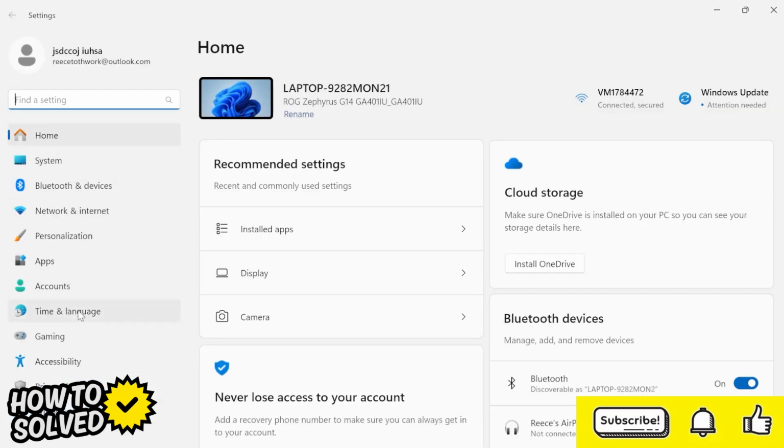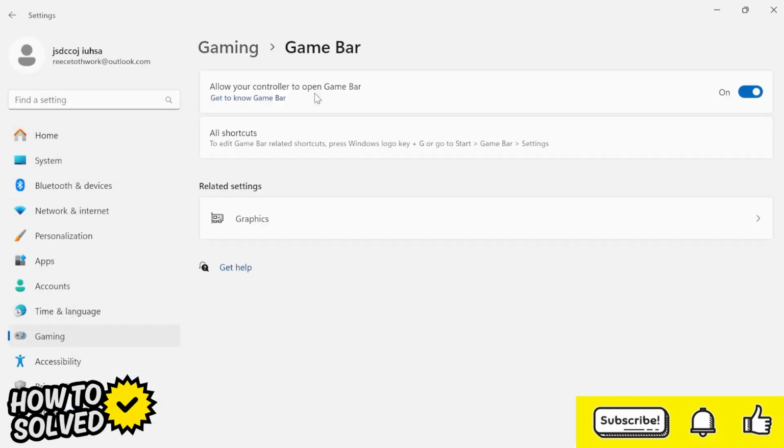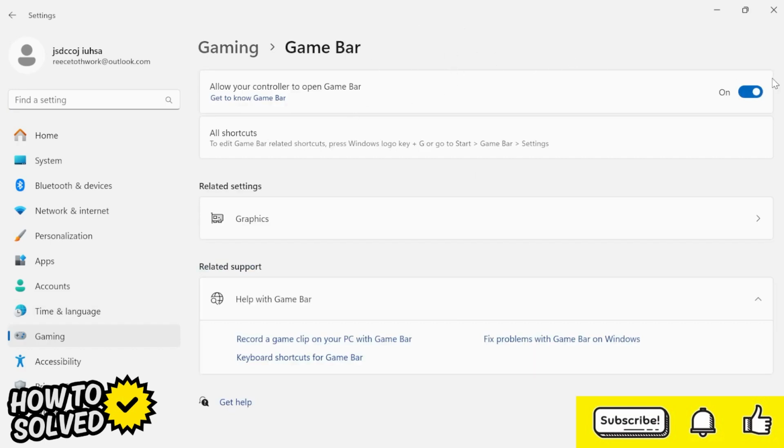From the left hand side, come over to gaming inside of the game bar, and first things first, we just need to make sure the game bar is actually turned on here. Obviously without this feature being turned on, you won't be able to use the game bar. So once you've got this feature enabled, we then need to head over to apps in the left hand side